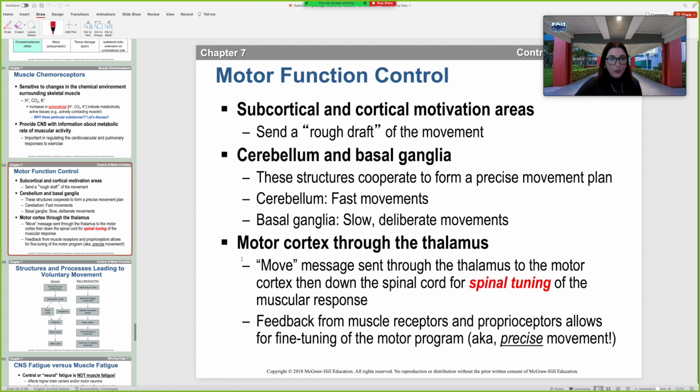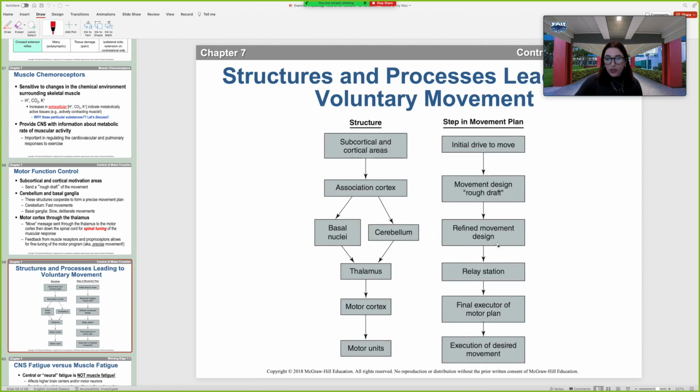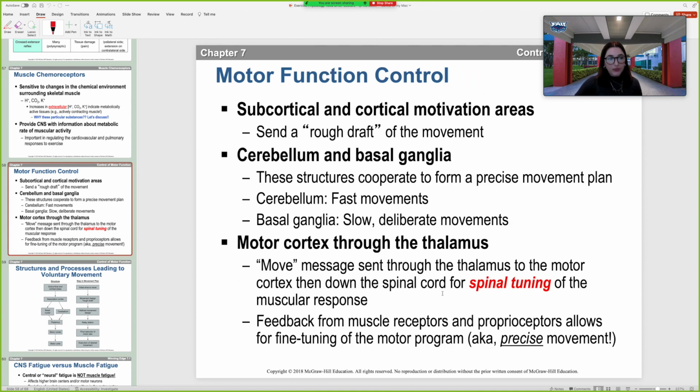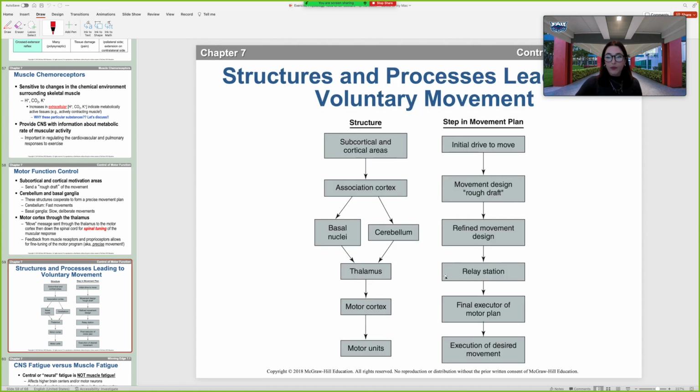So here we have that, okay? It gets relayed. We get this final executor of the motor plan, okay? Feedback from muscle receptors and proprioceptors allowed for fine-tuning of the motor program, aka precise movement, okay? So we relay through the thalamus, then to the motor cortex, which develops that final execution of the motor plan,